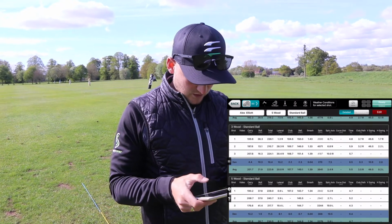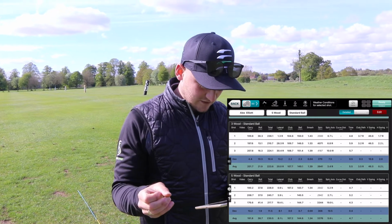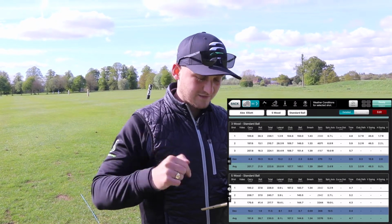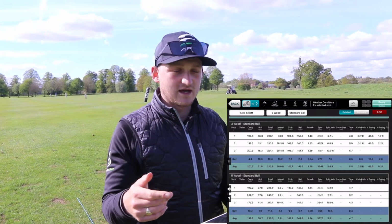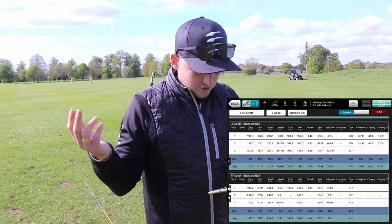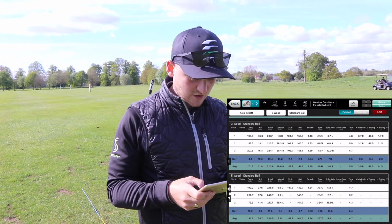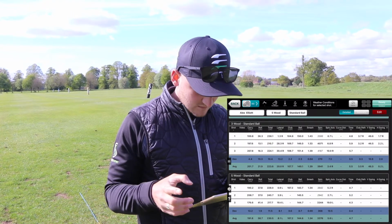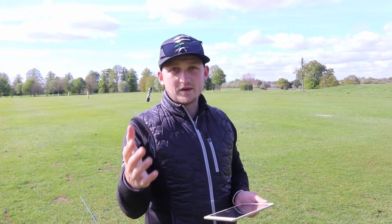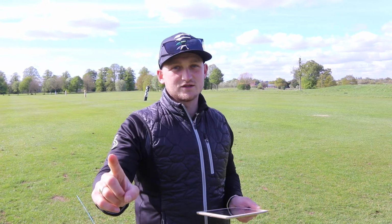Yeah. Okay, and the final one, which is the one you said you didn't like at all, interestingly, was 107.2, so nearly as fast as the rest. Yeah. But ball speed was dramatically lower. So I know you didn't hit one very good there. No. But on the whole, you hit two that were very, very good, but didn't quite get the rest of them. So 107.2 club speed versus 107.7 and 105.4. So actually, the one that you felt was your best actually did go the best, which is interesting